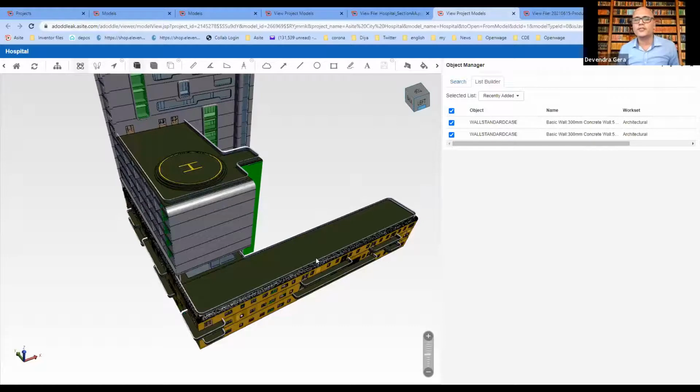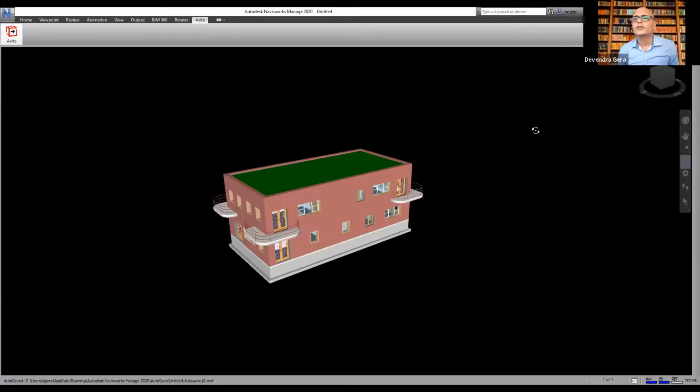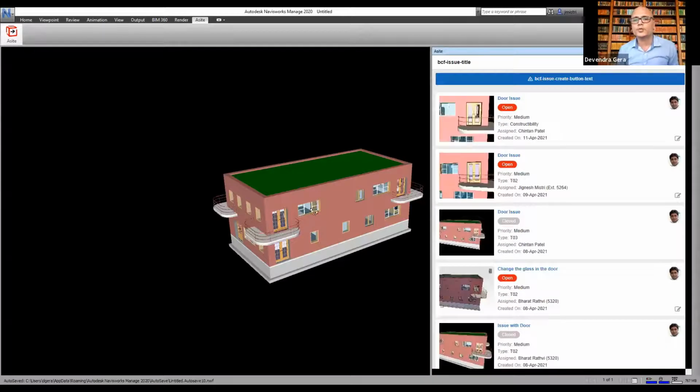Quickly, one another feature which I would like to show is how the platform is integrated with Navisworks. So if I jump into the Navisworks screen, you can create issues within Navisworks, which are then created on the ASIGHT platform.